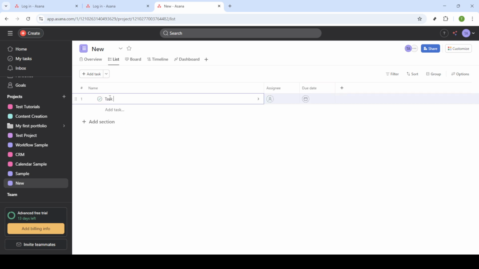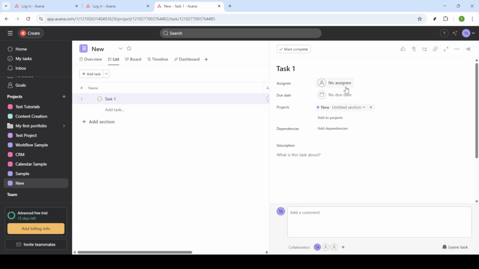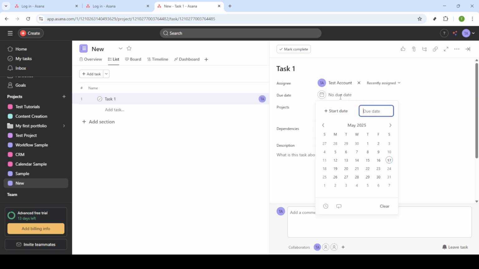attached documents. It's also a good idea to assign a team member as the assignee for the task. This ensures accountability and clear delegation. Don't forget to add due dates to keep track of timelines. If a task can be broken down further, utilize the Add Subtask feature. If you need a comprehensive overview, navigate over to My Tasks to get a bird's eye view of all your